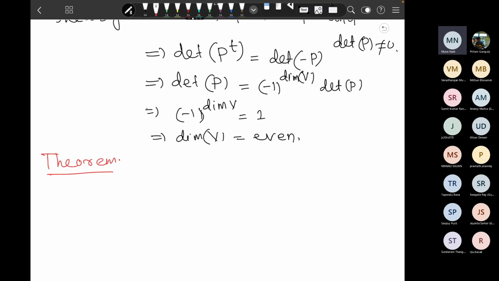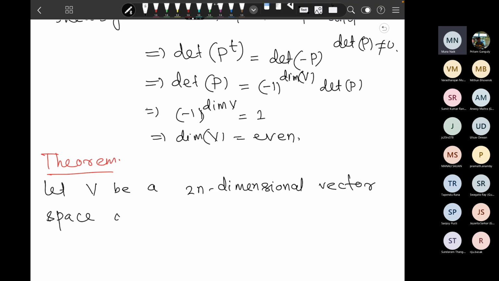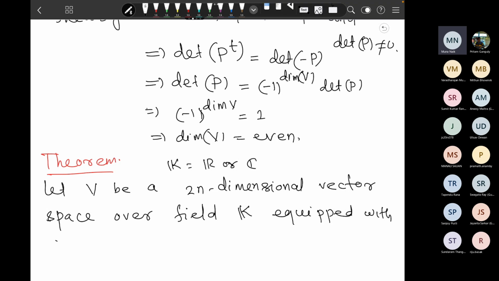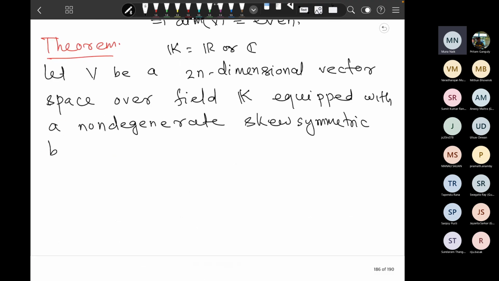Let V be a 2n dimensional vector space over a field K, where K is equal to R or C, equipped with a non-degenerate skew symmetric bilinear form B on it,